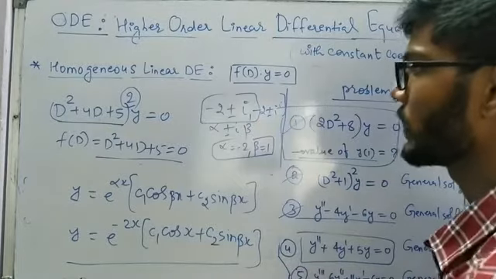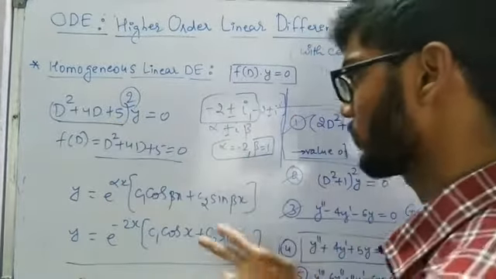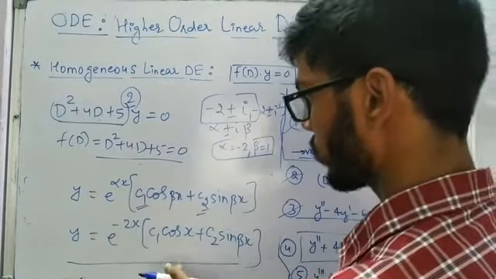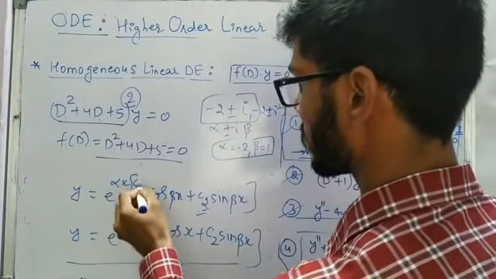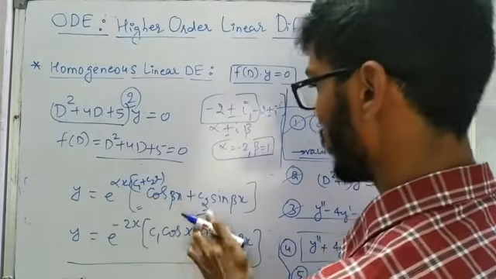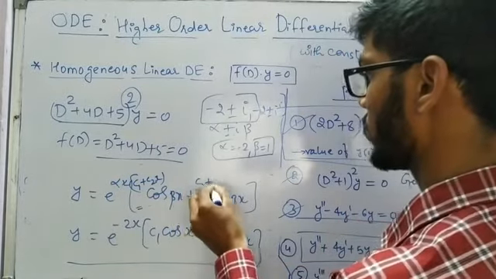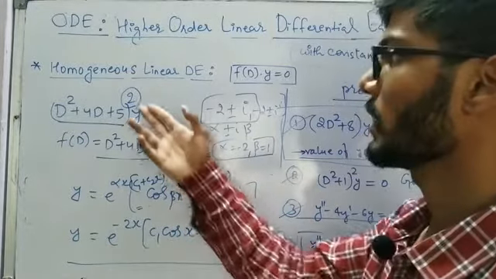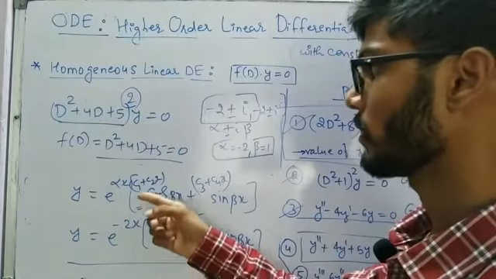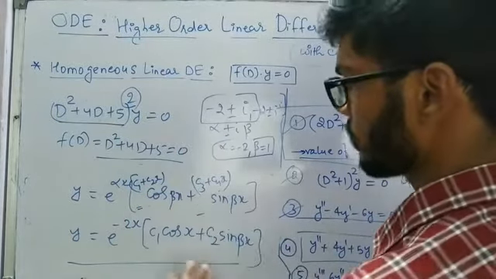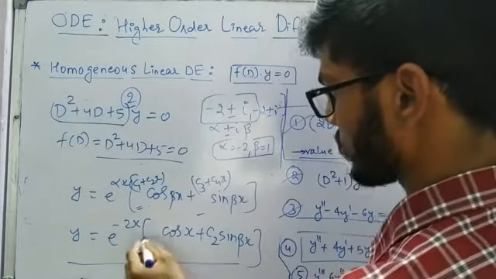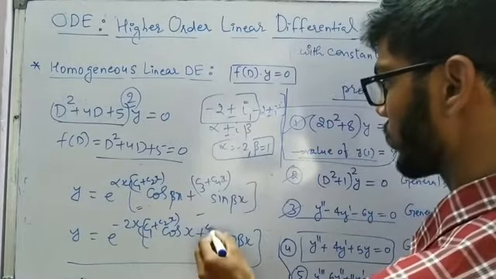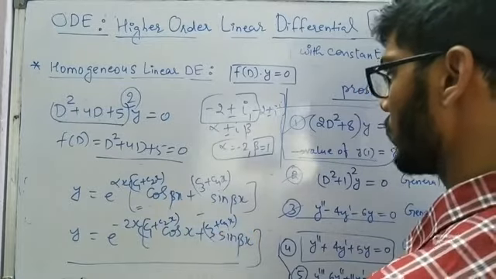So what is going to happen in that case? This is going to be of 4th order, so we should have the 4 arbitrary constants. Only these constant multiplications are going to be different. Instead of c1 they will be c1 plus c2x, and instead of c2 they are going to be c3 plus c4x, because the roots are complex but repeated, and they are 4 in number, so we are going to get 4 arbitrary constants, c1, c2, c3 and c4. Just this difference will be there: c1 plus c2x cos x, and instead of c2 we are going to write c3 plus c4x sin beta x.